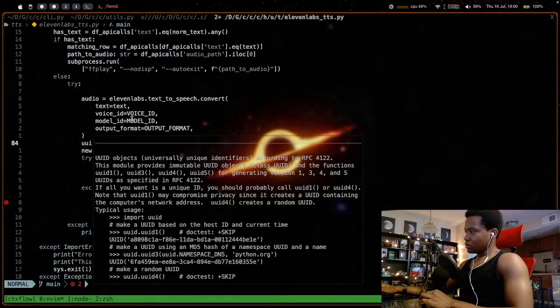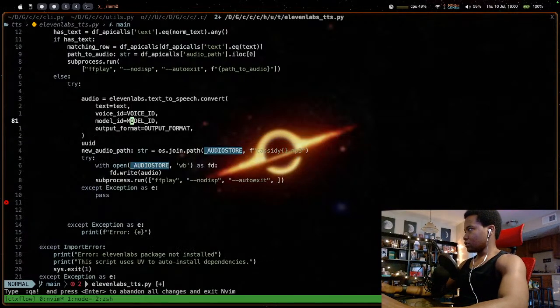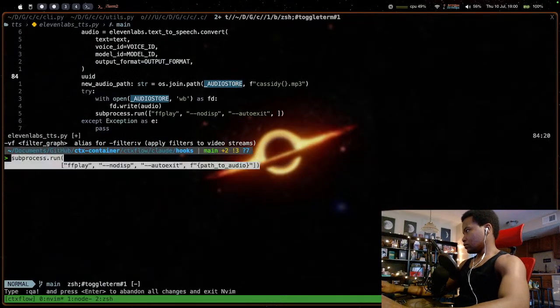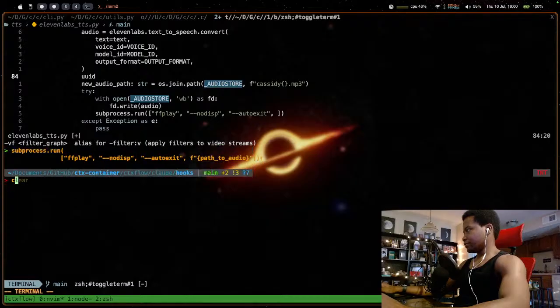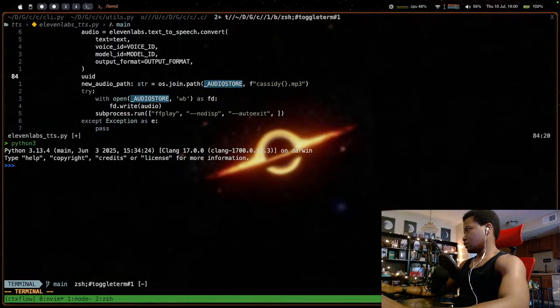Interesting. Let's actually find out. Oh god, every time I do that. Import uuid. uuid.uuid4().